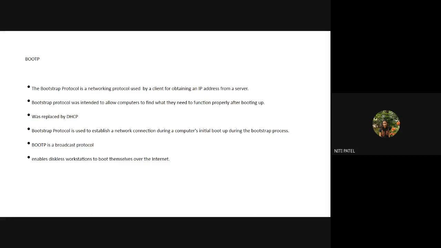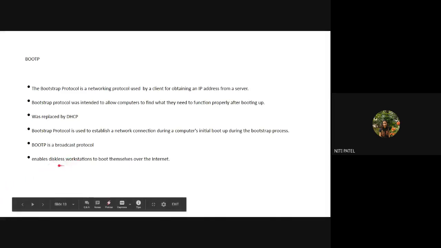So I will require an operating system. Why? Because what is Bootstrap telling you? Before you get connected to a network, you first see whether your operating system is loaded or not, and whether all your components are there or not. So if you do not have these, you cannot request for the IP address. Then you have to search for DHCP or some other kind of protocol which is going to give you an IP address. So if I have a diskless station, what will I do?